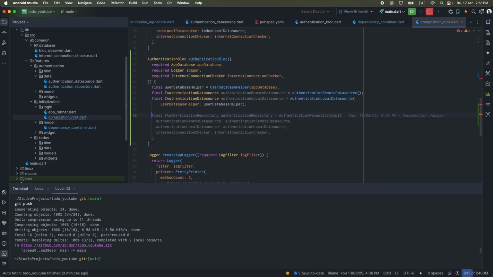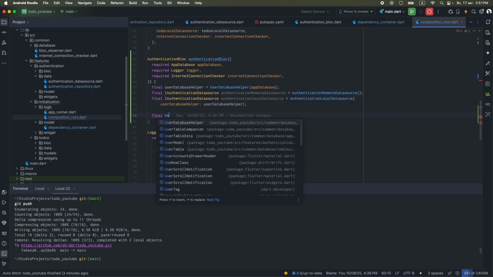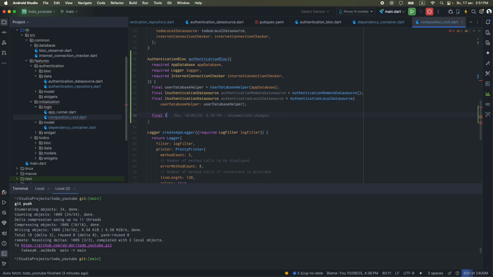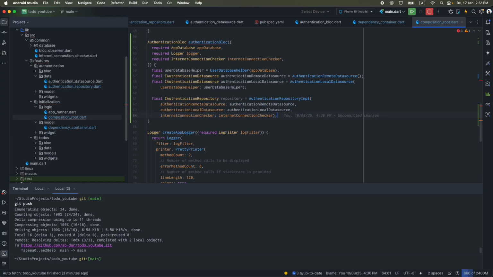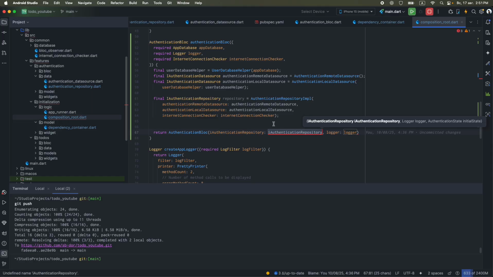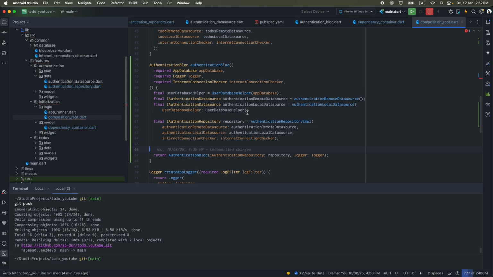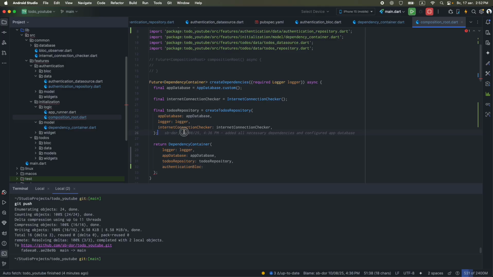Then we have to create our repository exactly. Final user authentication repository. So then return our authentication block with this repository and logger. That's all. So authentication block, we have authentication block, we'll call him here